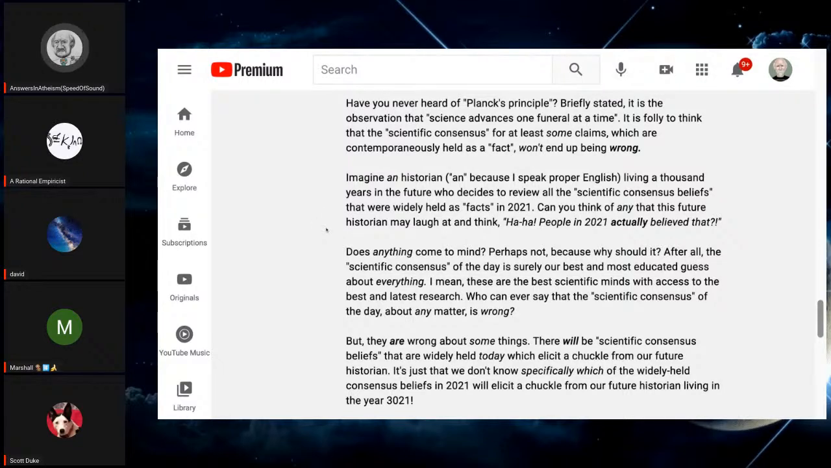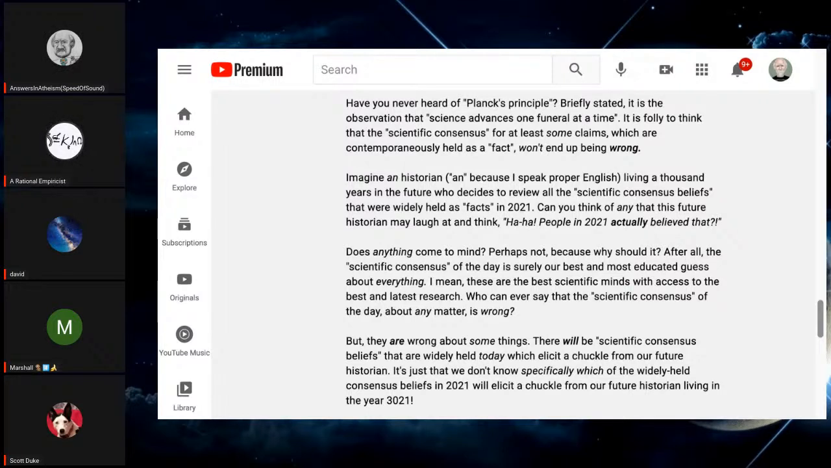Imagine a historian living 1,000 years in the future who decides to review all the scientific consensus. And what are they going to find that's wrong? Probably nothing. Some things about cosmology and some things about particle physics, I'm sure, because physics is where the big revolutions really happen. Right. But in biology, I don't know. I mean,